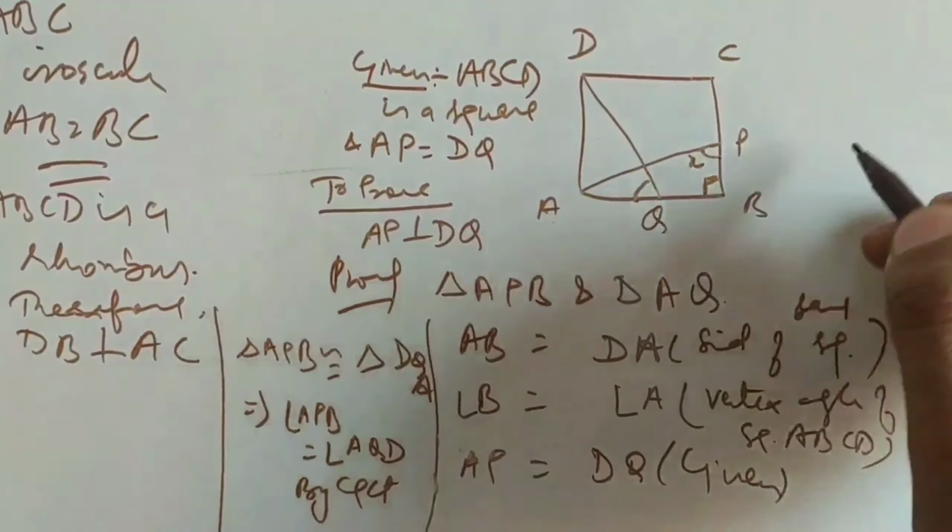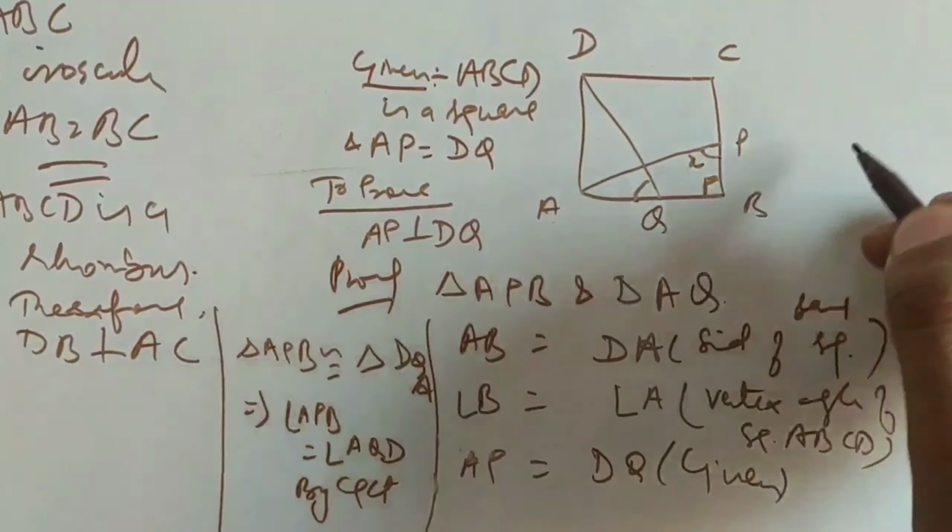So by angle sum property in triangle APB, angle PAB will be equal to 90 degrees minus x. If we apply angle sum property in triangle APB, we will find that angle PAB is 90 minus x. What is the angle sum property? x plus 90 plus this should be 180. Now the sum of these two gets subtracted and we will get PAB is equal to 90 minus x.